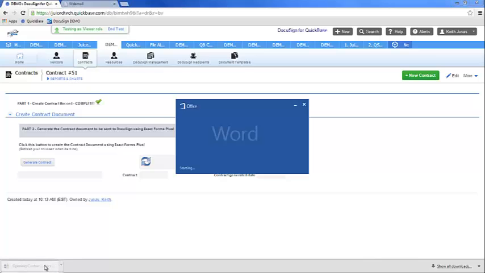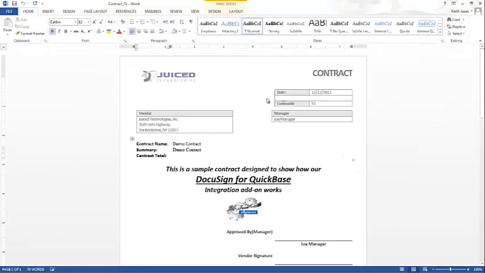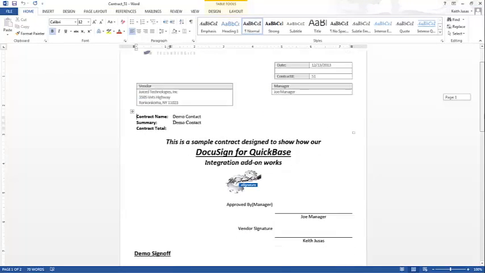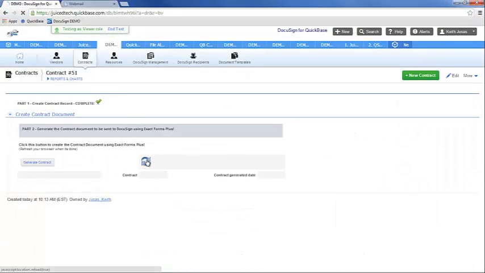Now that the document's created, I'm going to open it just to take a look at it and review it. So you can see here's a contract document that has places for signature capturing, as well as capturing a job title and initials. So I'm going to close this document, refresh my QuickBase screen,